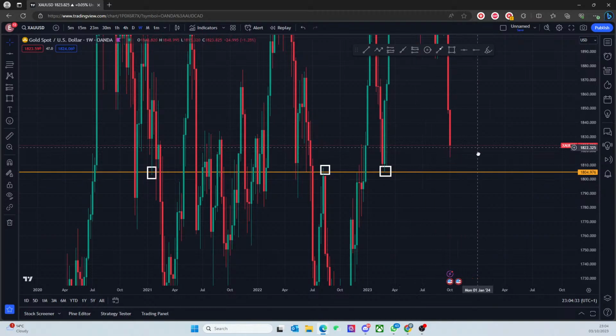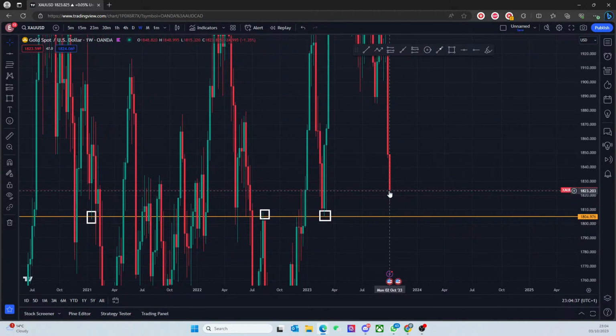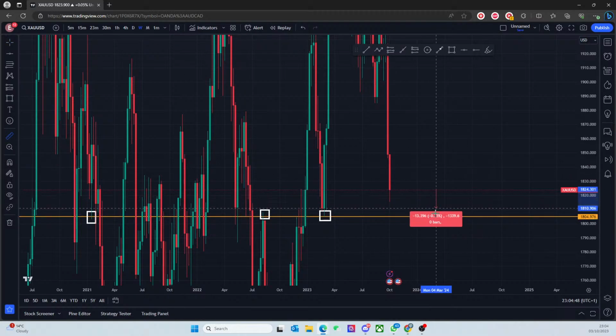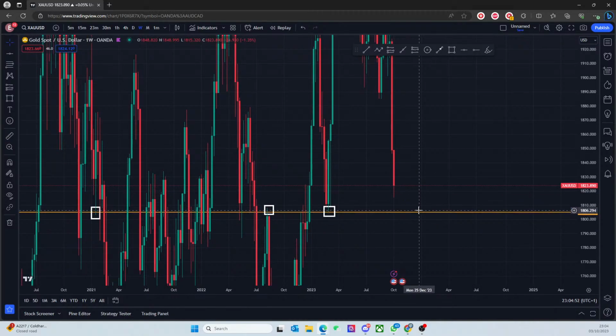Sorry about that. But once you tap these areas, you're looking for that rejection. So what is this like? I understand this is the weekly candle. At any given point, price will drive down, and this is like 200 pips. So if price drives all the way down to here, we need to look at the smaller time frame to see if there is a change of structure, or potentially if there's any indication that price is going to continue, likely.